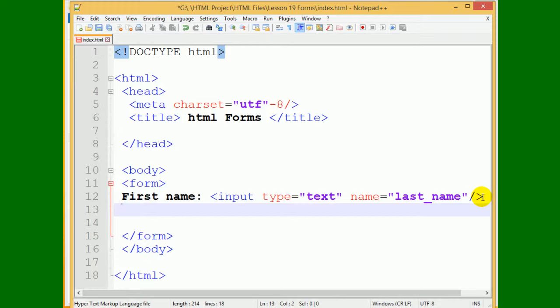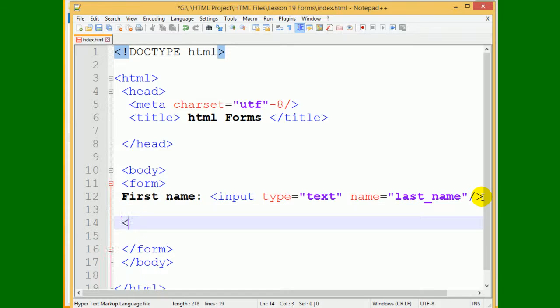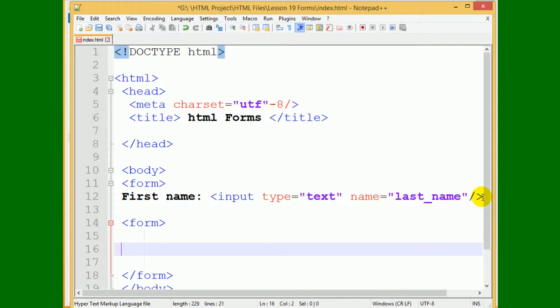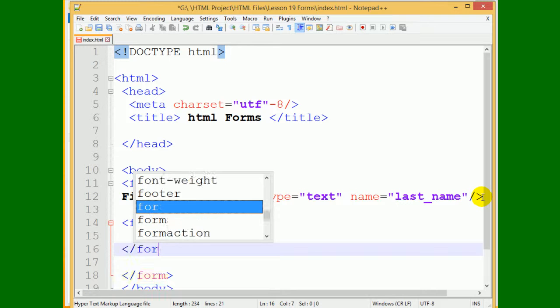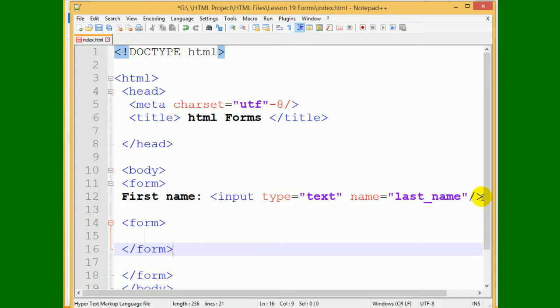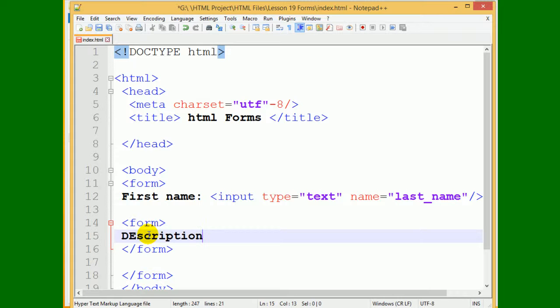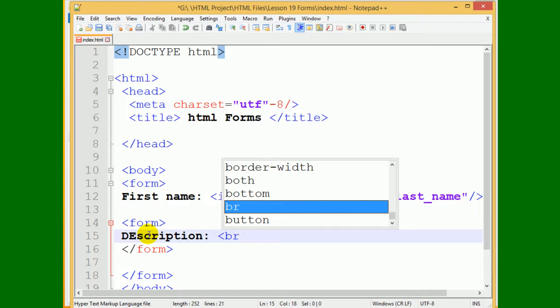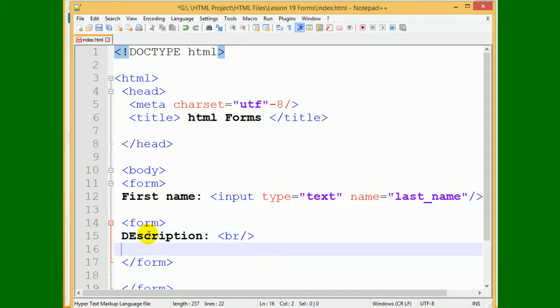So I'm just going to make another form, close this tag with a closing form tag, and under this form tag I just make a description colon and just type BR to make a line break, as I discussed earlier about BR,